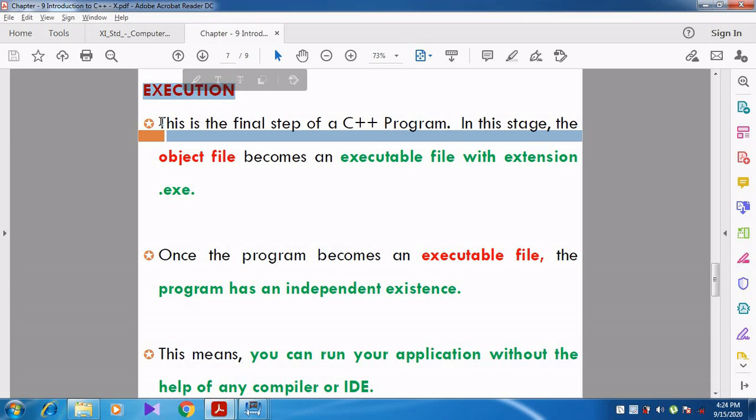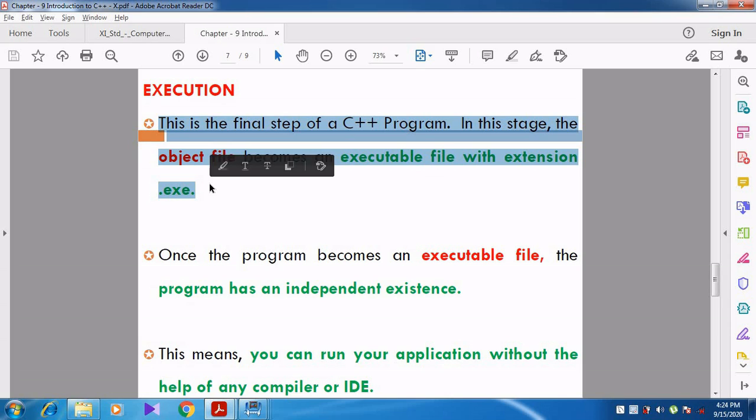This is the final step of the C++ program. In this stage, the object file is converted into an executable file, that is the .obj file is converted into .exe. Can you understand, students?